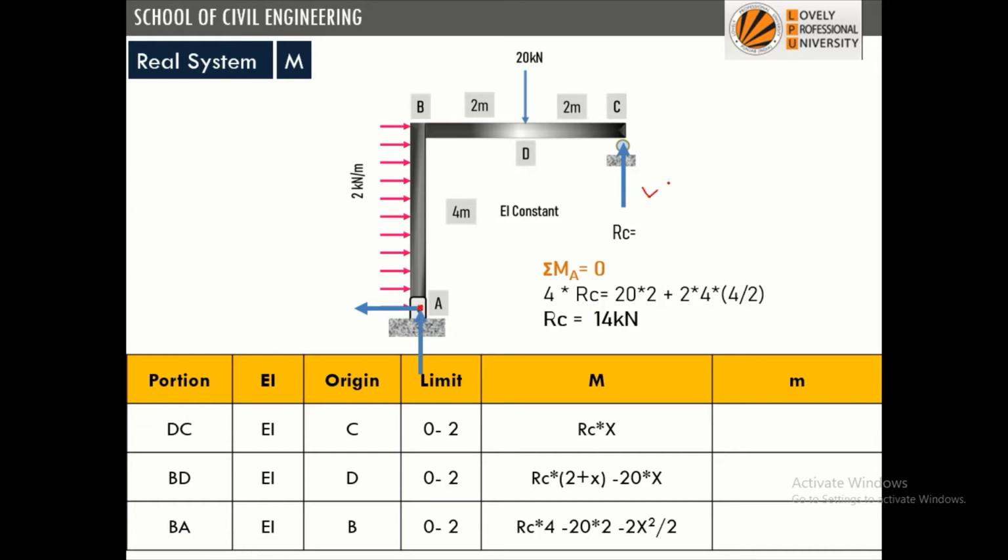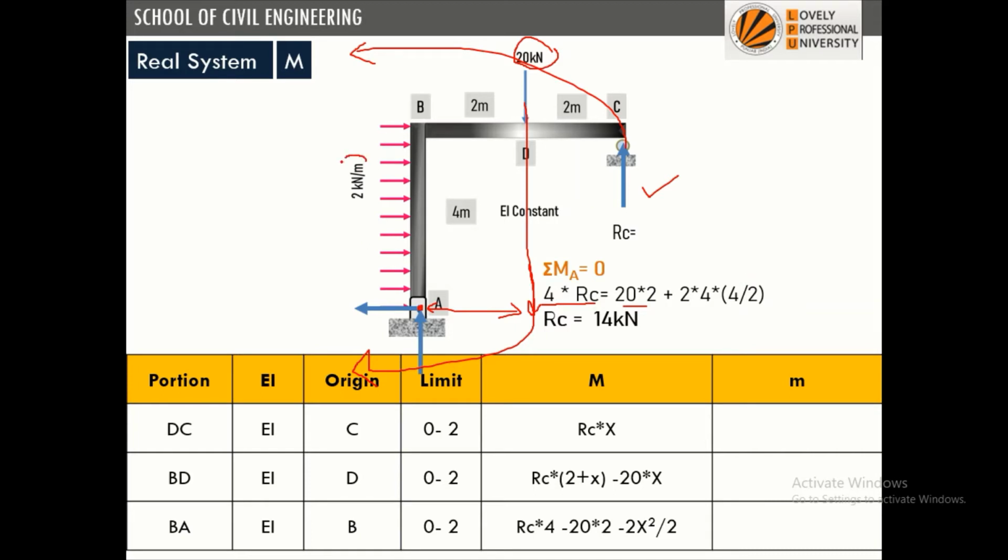So there are three forces: RC, this point load of 20 kN, and this UDL. What will be the moment of this RC about point A? It will be force into perpendicular distance. The perpendicular distance is 4, so 4 into RC. It will rotate anti-clockwise about point A. What about this 20 kN load? We will extend this force up to this point, so the perpendicular distance is 2. So we write 20 into 2, and this has a tendency to rotate clockwise, so we have kept this on the other side of the equation.